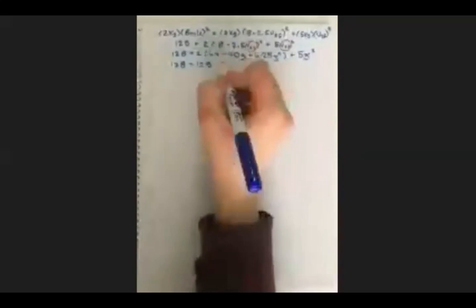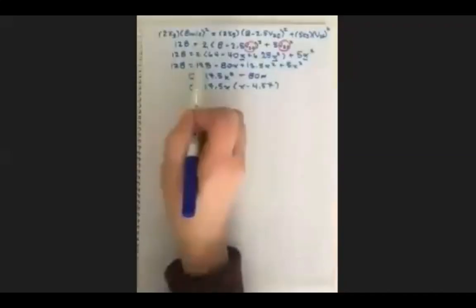In fact, it rarely happens, which means that I'm going to be able to use greatest common factoring to solve for this. So the greatest common factor is 17.5x, and I'm left with x minus 4.57. If at this step I do have a plus c term, so the 128 doesn't cancel out on both sides,